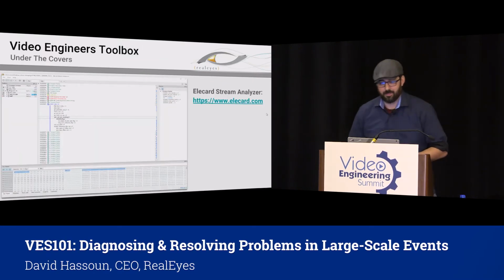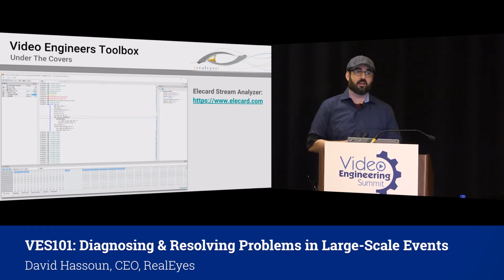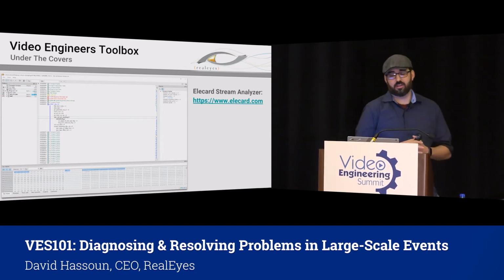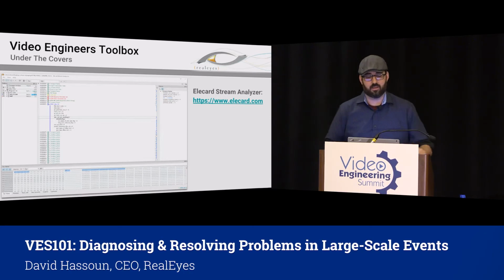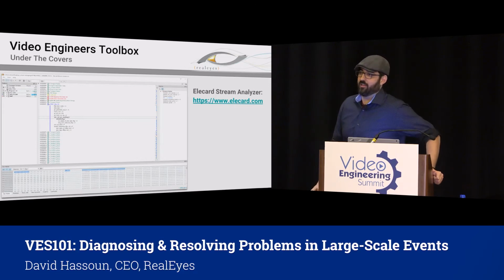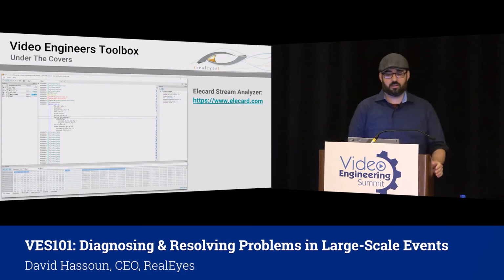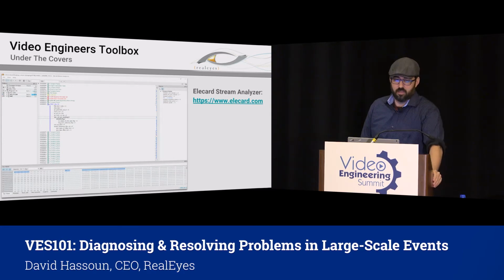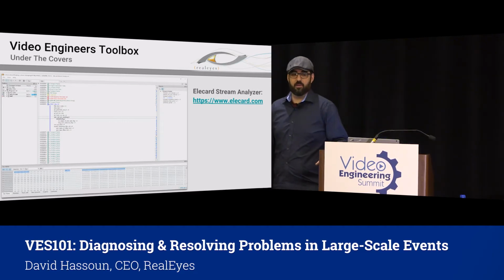Elecard Stream Analyzer. This is a very, very powerful tool when you need to do deep analysis of content. If you actually need to go down to the bit level and check stuff off, looking for certain byte data at certain positions when it should be there because something might be wrong in the video, this is the tool that can really make that easy to get to, but you need to have a very deep knowledge to know what you're looking at. We've had instances that we had to use this to make sure that, okay, great, yes, this chunk does start with the proper initial character or something when we had video that we knew was corrupt,